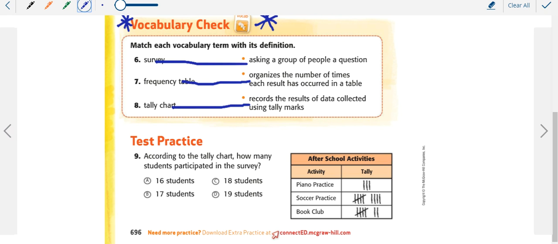Number 9, according to the tally chart, how many students participated in the survey? How are we going to find the answers? By adding all of the tally marks. Okay, we're going to add them. 3 plus 9, it's 19. The answer is 19. You need to count all of the tally chart, okay? So we're finished with